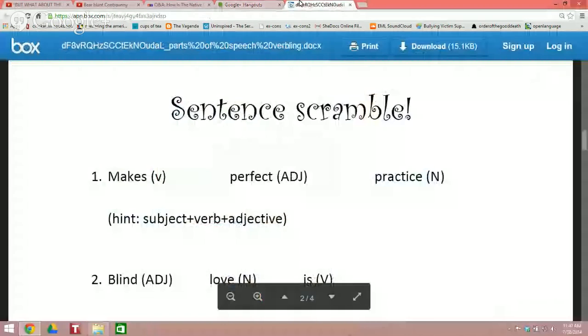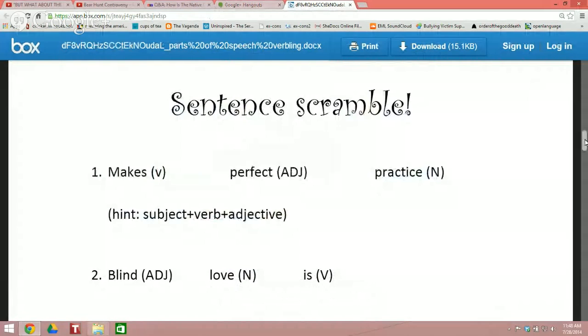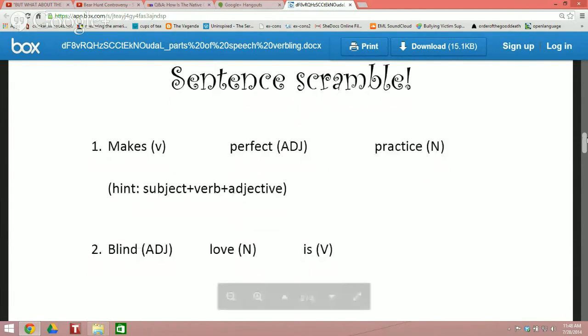Okay, do you guys have any questions so far about anything we've talked about? Excellent. Then let's go on to the next page, and I will put my screen share back up. It's a sentence scramble. So I've picked some idioms or maybe little proverbs, and they're mostly simple, but we're going to put them in the right order because they're very short ones. So number 1, this is pretty easy.